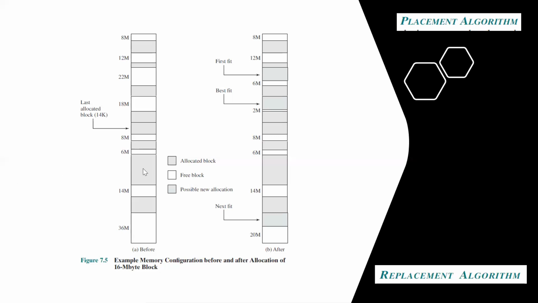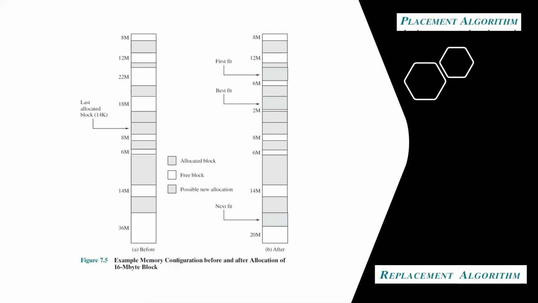In this figure A, the before, it shows an example memory configuration after a number of placement and swapping out operations. The last block that was used was a 22 megabyte block from which a 14 megabyte partition was created. In this one, after,